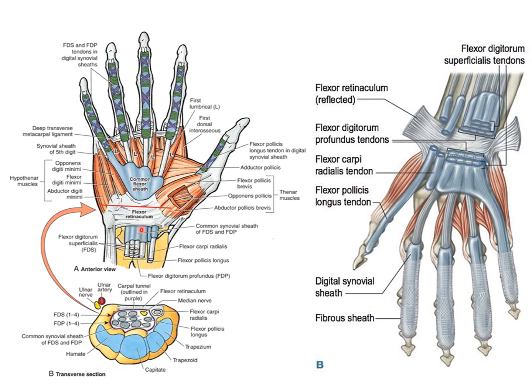So the structures which are passing superficial to flexor retinaculum are the tendon of palmaris longus, the palmar cutaneous branch of the ulnar nerve, ulnar nerve and ulnar vessels. The flexor carpi ulnaris is getting partly inserted onto the retinaculum, and the thenar and hypothenar muscles arise from the flexor retinaculum. Structures which pass deep